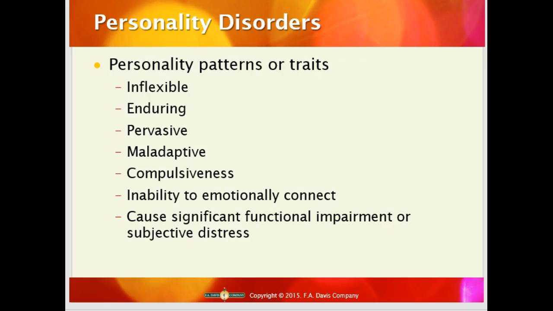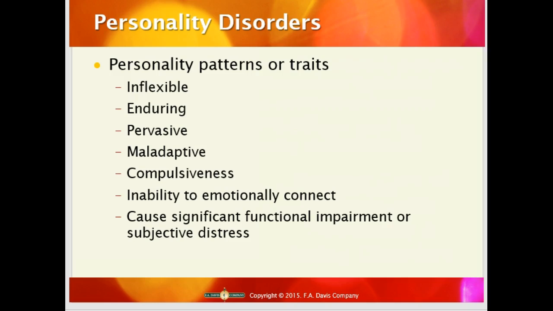Make sure you look at your ATI again on your mental health chapters, and page 1371 talks about personality disorders and how they're characterized by behavioral manifestations. That's a dysfunctional pattern of day-to-day behavior and impulse control. Affective manifestations, those are inappropriate range, intensity, mood, lability, and emotional response. Your cognitive manifestations, there's inaccurate interpretation of self or others or events. And your sociocultural manifestations, these are ineffective interpersonal functioning.